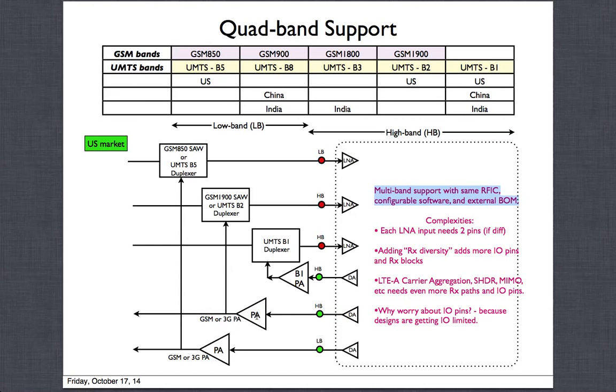So this is an illustration of how you could do it, and based on this, what happens is that OEMs like Samsung or Apple will make what is called a phone reference design, where they will say, for this particular region I'm going to support these bands. So they will put the corresponding filters here, whatever kind of filters they need, whatever kind of PAs they need. The RFIC will not change.